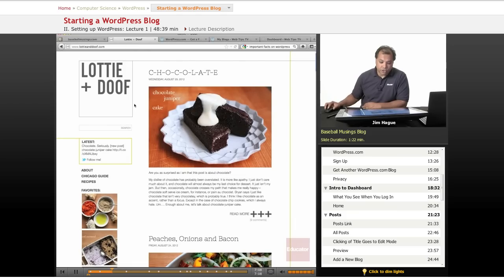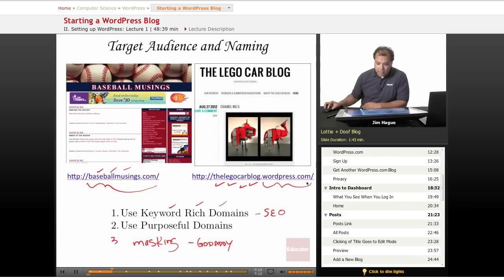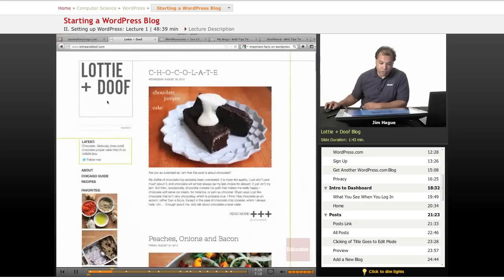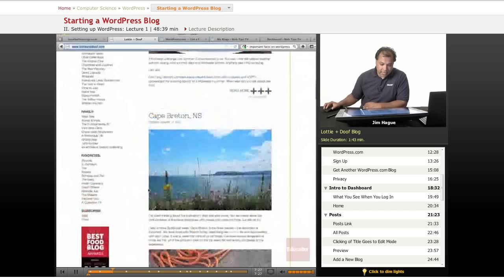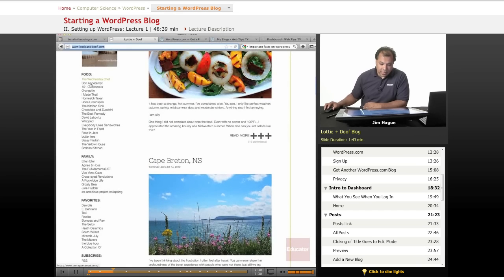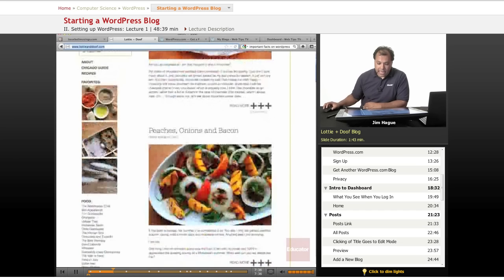Now, Lottie and Doof. Okay, we're going to talk about this one here, Lottie and Doof. Now, I guess this is about chocolate. I'm not a big fan of this domain name. It's lottieanddoof.com. This is a WordPress, another WordPress site, as you can see with the navigation bar being on the left side this time. But still, when one blog or one article is on top of each other,